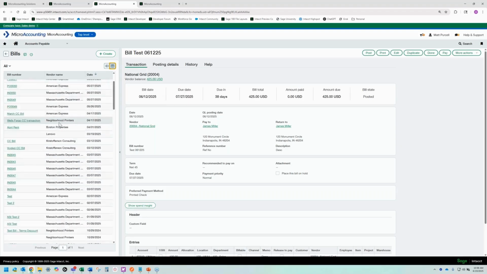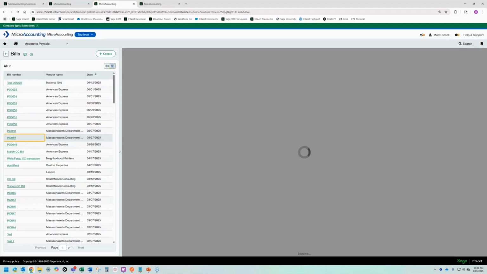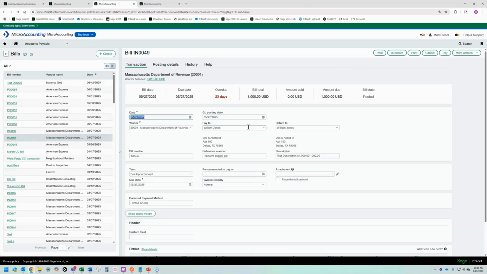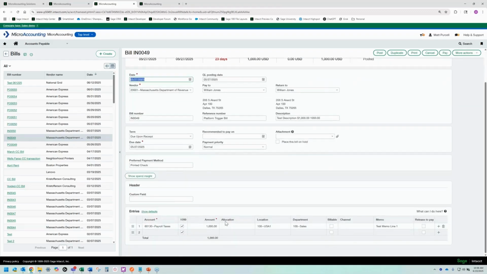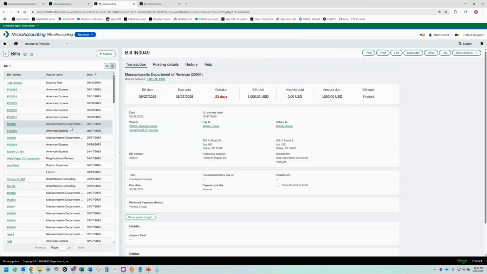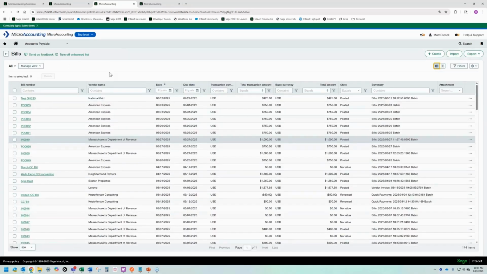without having to close out of this list view. So if I wanted to come over here and just see this invoice, it's going to pop up in here. And if I need to edit this, let's just say I wanted to update my location, bump this to 200, and then I can post this all without ever having to officially leave this list view screen. And to get out of this, all you have to do is click this little list view button, and then you'll flip right back over to your normal list view.